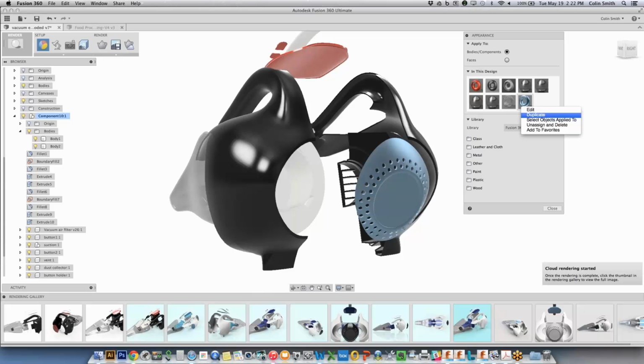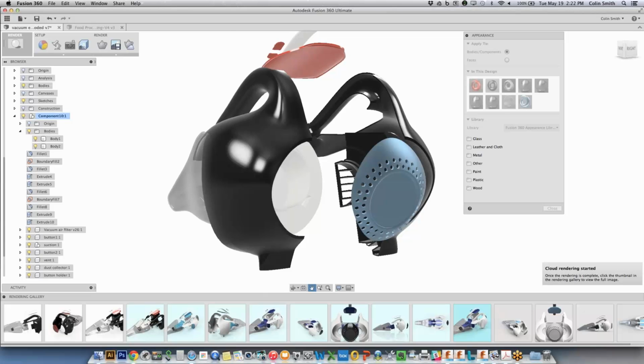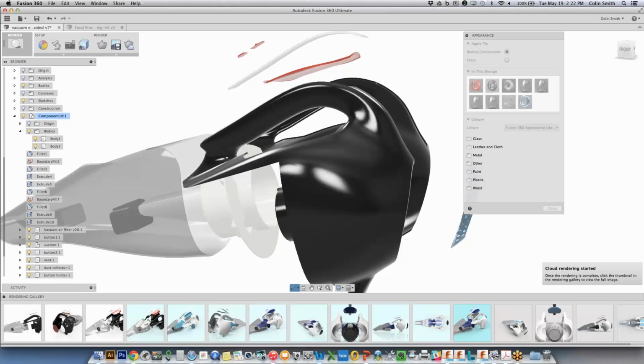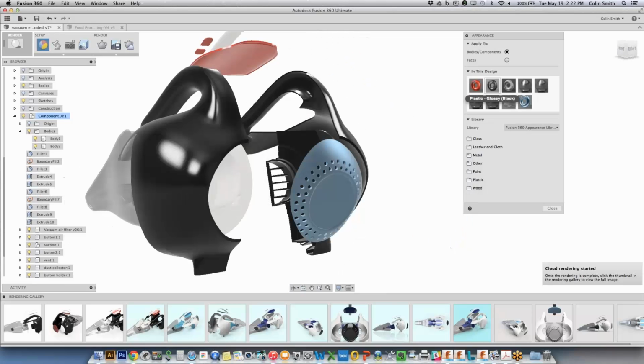So this is something you might use in a case where you want something to share the same base material, but you want to make some slight changes to it in order to affect one or the other. And right now, the way that the system works is that if you assign the same material to several bodies, so for instance, the left and right side of this housing, they have the exact same material. So we link those materials together under one heading so that anything that I apply this black to would have the same,